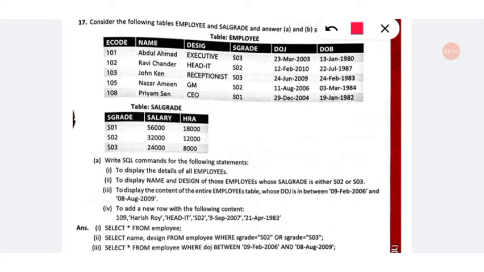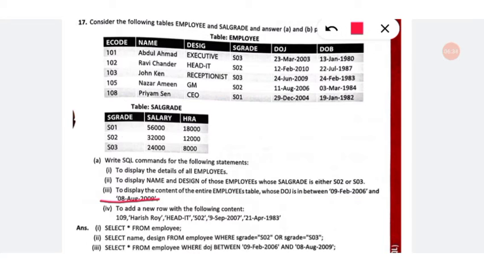Then to display the content of the entire employees table whose date of join is in between 9th February and the next date. Since it is given in between, we can use the between operator.